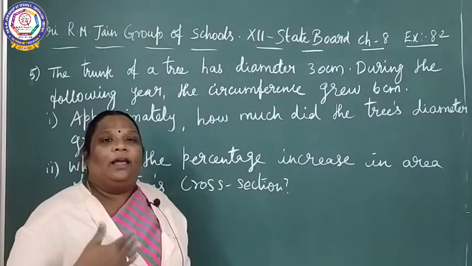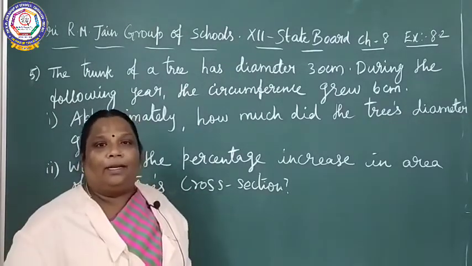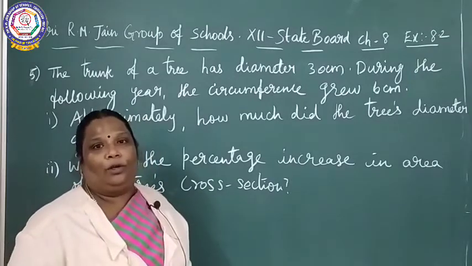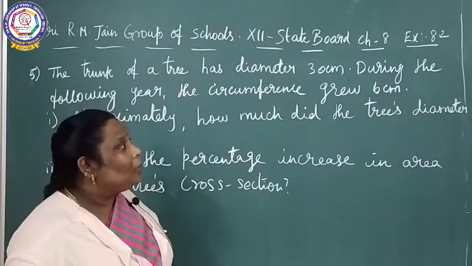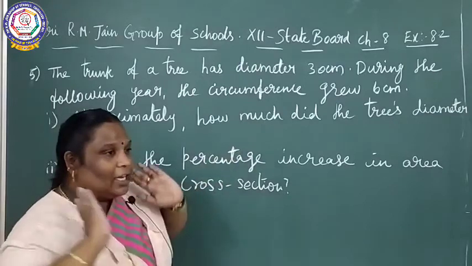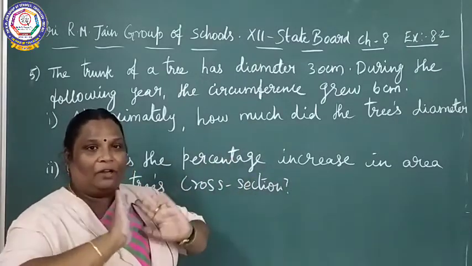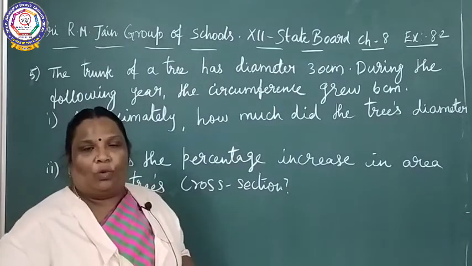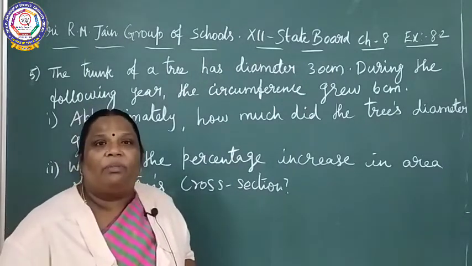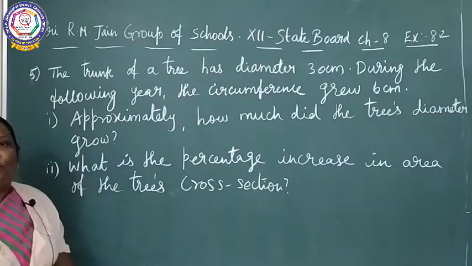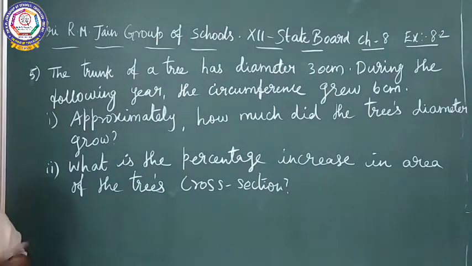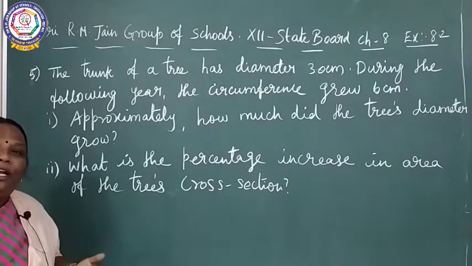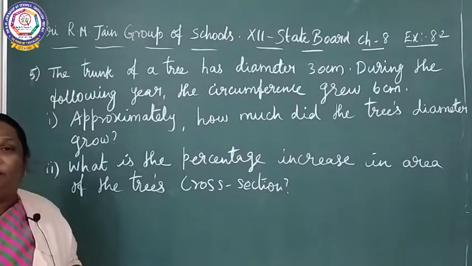Because see, if you have planted any tree, it will grow. Definitely it will grow. So like this it grew. The circumference is nothing but like this. The circumference grew. That is the change. The change that takes place is nothing but dp. Okay, that is the circumference. You can take p as the circumference, and the rate of change of circumference is nothing but dp.